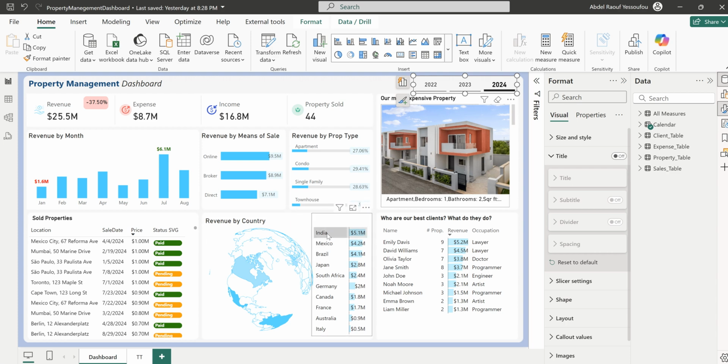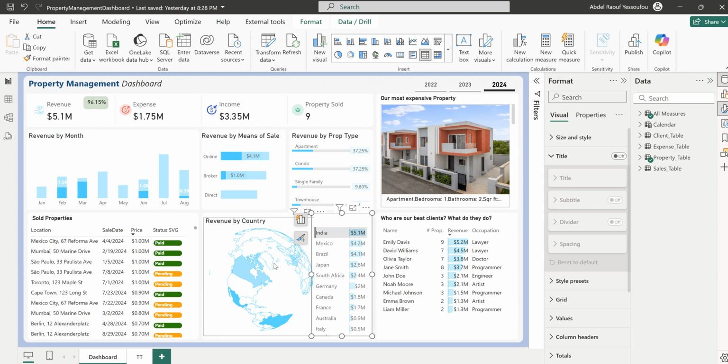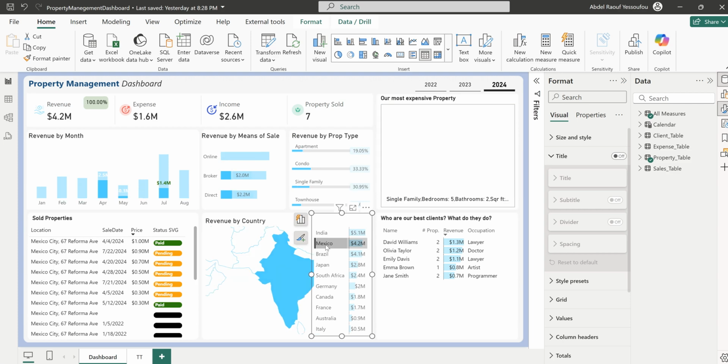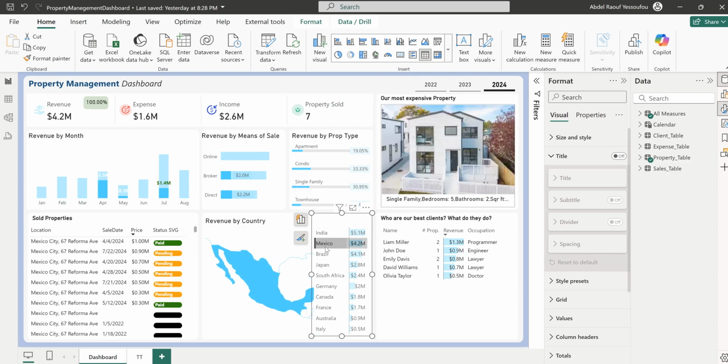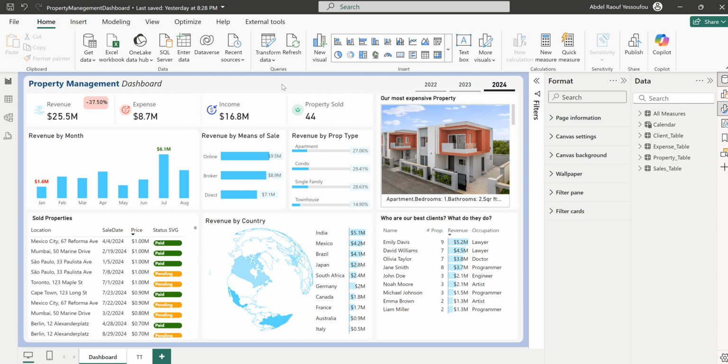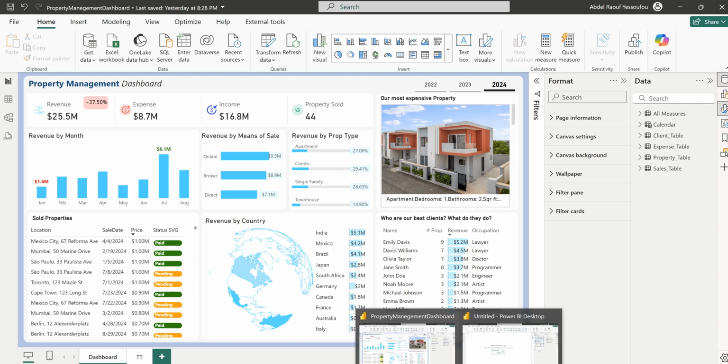So if I click India, for example, you can see this shape map. Zooming in, see Mexico also coming in. Okay, and then we have our best client and what they do. So you can see that our first two best clients are lawyers, so we should be targeting more lawyers. Okay, so without wasting too much time, let's open a blank Power BI